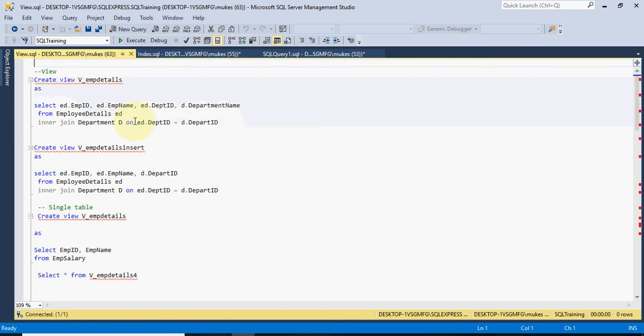Sometimes the interviewer will ask you, can we update the data from the view? Yes, we can update, but if the view is pointing to a single table, and the columns which are not associated with the view accept the null value. You got this point?